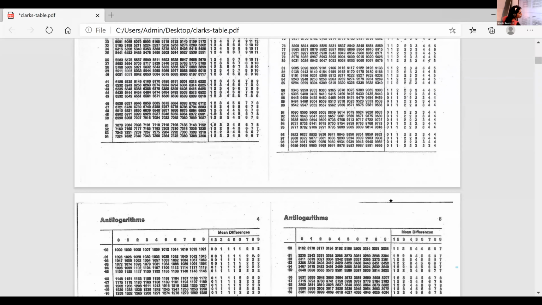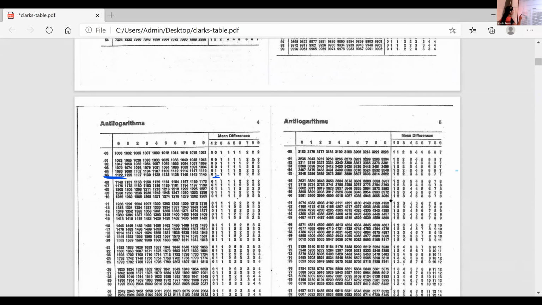Is it okay, Shubham? You understand how to take the value from the table, Shubham? 1122 plus 1. So what you will get? 1123. Now the characteristic is 0. So that means while taking antilog, we will add 1 to it, isn't it?